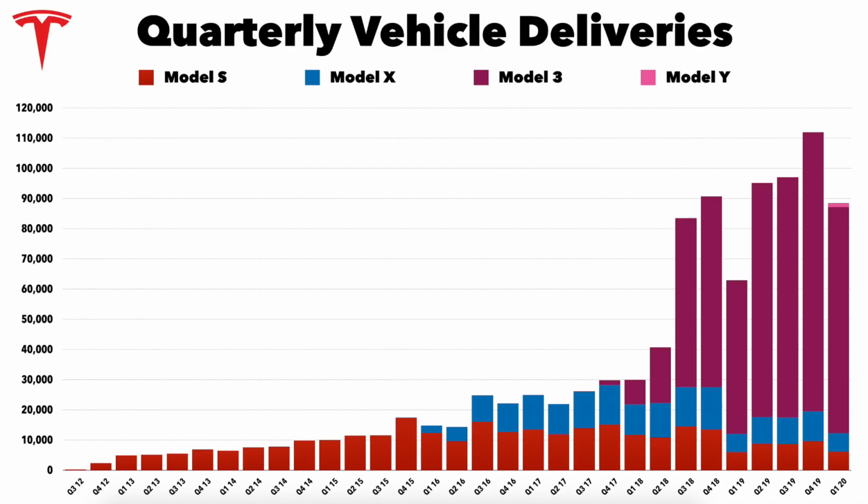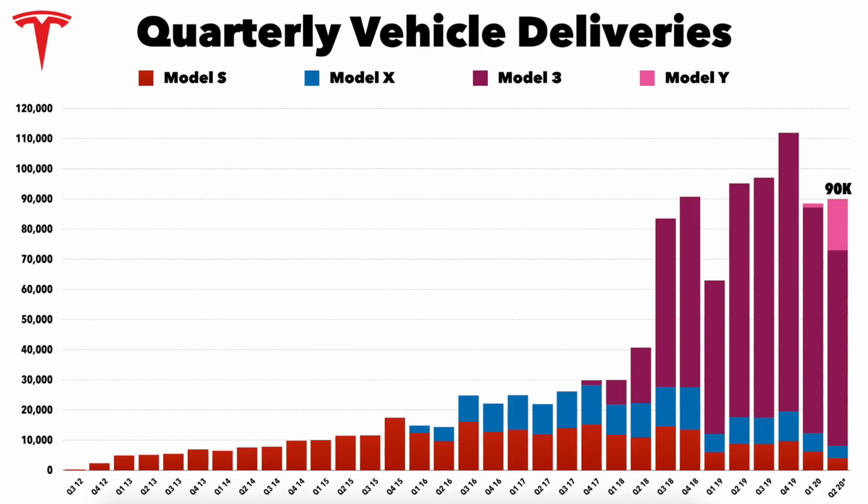And I want to just chart these for you really quickly. As you can see, this is what deliveries were heading into the quarter. This is what my estimates were. Here are the numbers that were actually reported. And this is actually up a little bit sequentially, about 2% from last quarter, which is pretty mind-boggling when you think